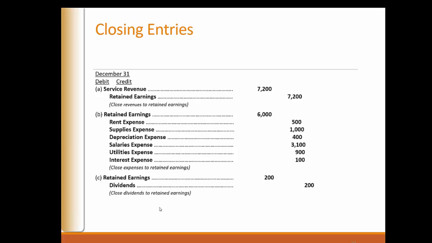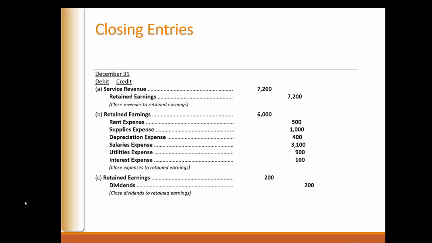And here are my dividends, which are also getting closed out to retained earnings. Dividends has a natural balance of a debit. So if I make a credit entry, it winds up at zero, and that is a debit entry to retained earnings, which also serves to reduce that. So check this out. It's kind of wild. If I take $7,200 minus $6,000 minus $200, I'm going to come up with $1,000, which was the ending balance